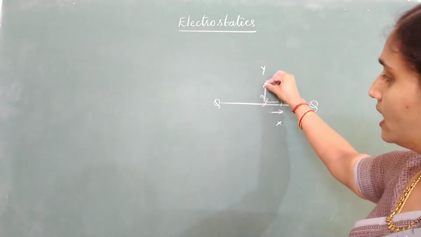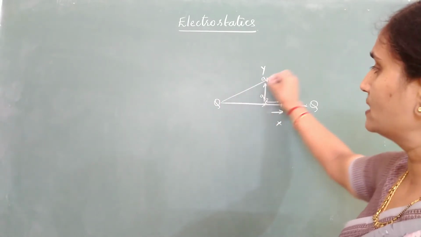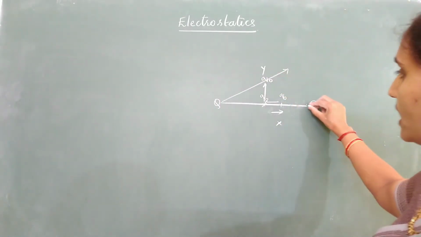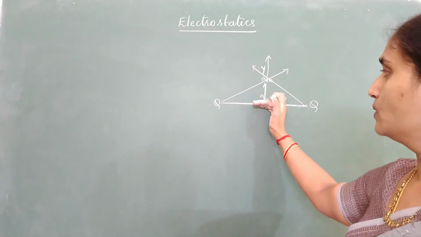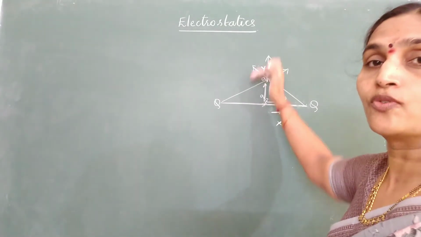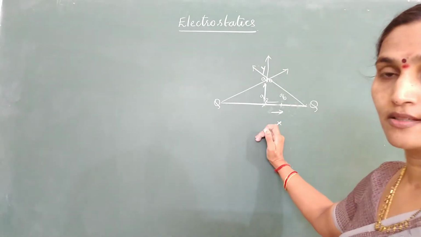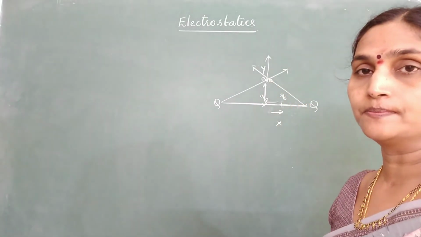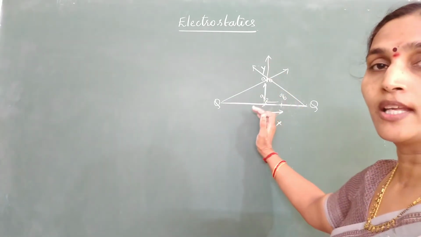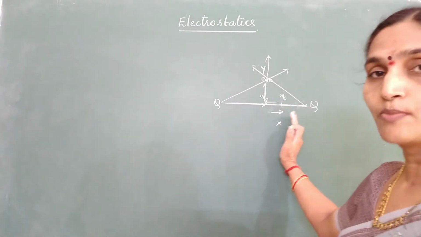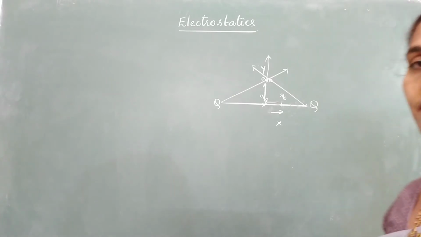If you displace a particle upward by a small distance, Q and Q naught, repulsive force. Q and Q naught, another repulsive force. See, is the net force acting in the upward direction? When you displace the particle upward, the net force is also acting in the upward direction. So there is no force to bring it back to the initial position. We say it is in which type of equilibrium? Unstable equilibrium. For displacement along the y-axis, the particle is in an unstable equilibrium position. For a small displacement along the x-axis, it will come back and restore its initial position.